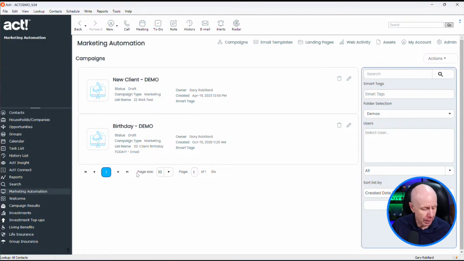Now, I should mention, because I got an email from one of my clients yesterday asking about some of the little glitches with marketing automation, where you go into it and it gives what they call a JWT token error. We're familiar with this little error. And that is being fixed in version 25, but there is an actual fix right now that we have. So if you're ever running into that, you get that little JWT token error, meaning it can't connect.